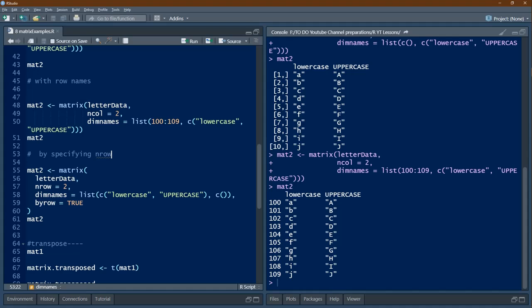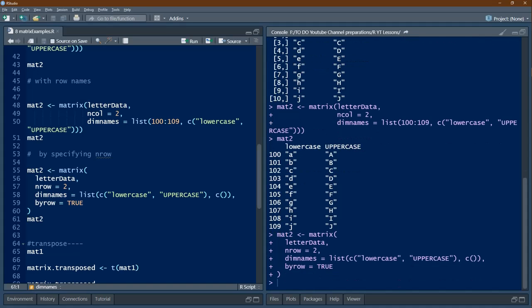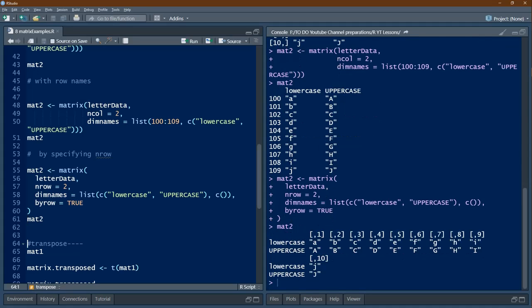By row is true, so the data will be filled by row first. That means lowercase 10 letters will be filled, then uppercase 10 letters will be filled one after another. Let's see whether this happens. mat2, so we got it like this. Now we will move on.